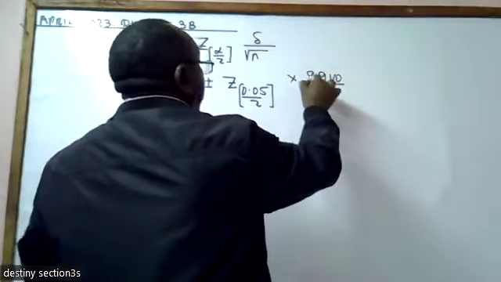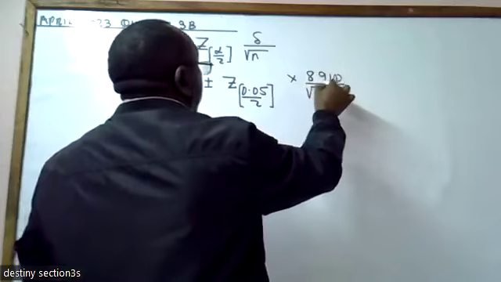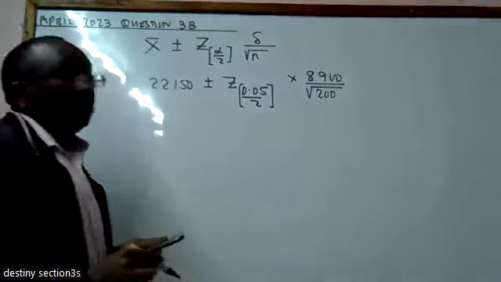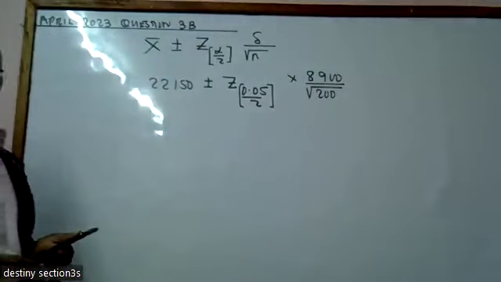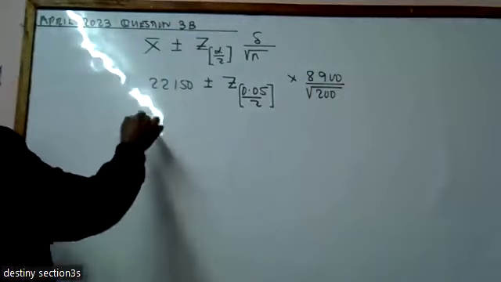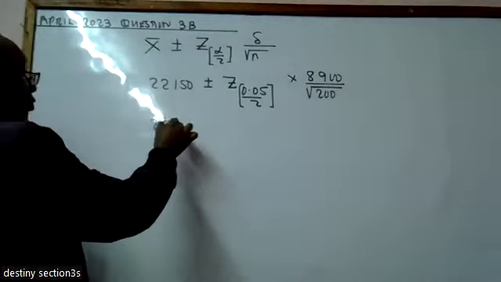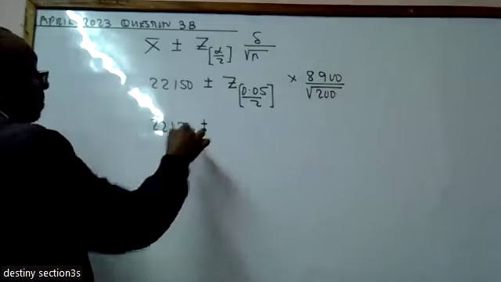You divide by the square root of 200. So this proceeds to become 22,150